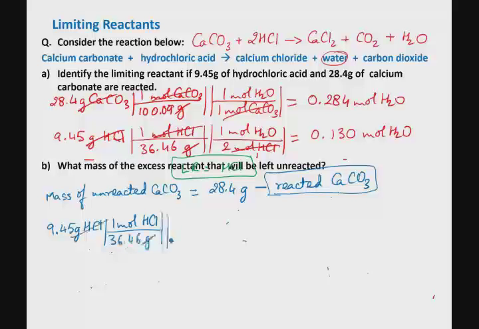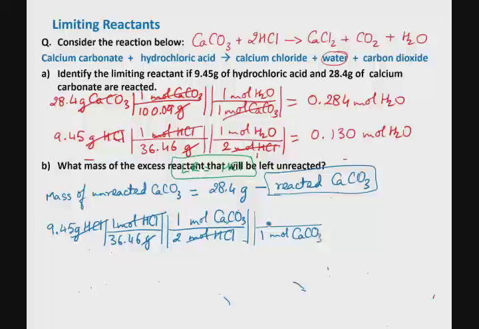that converts grams of HCl to moles of HCl. And now instead of relating the moles of HCl to the selected product water, we can figure out the moles of calcium carbonate that it would take to completely react with those many moles of HCl using the balanced equation. And once you've done that, you can convert the moles of calcium carbonate that will react with HCl to grams of calcium carbonate. So when you carry out this calculation, basically what you're calculating is the mass of calcium carbonate